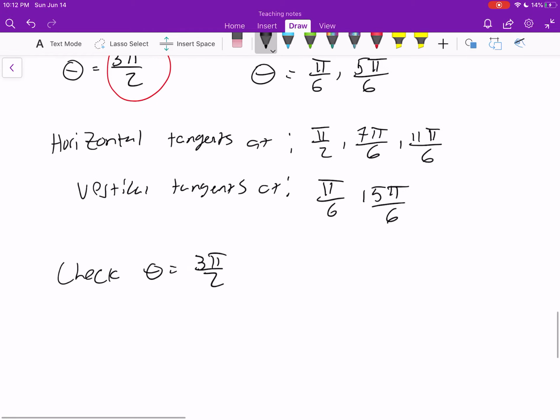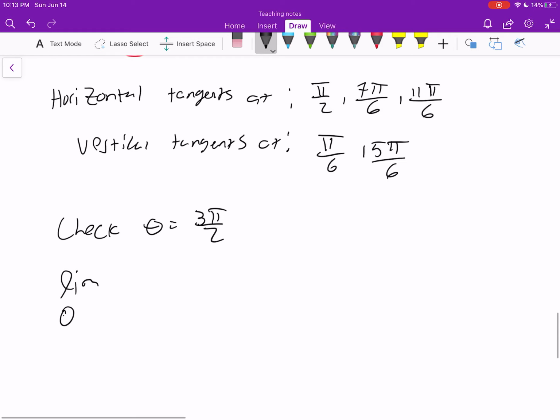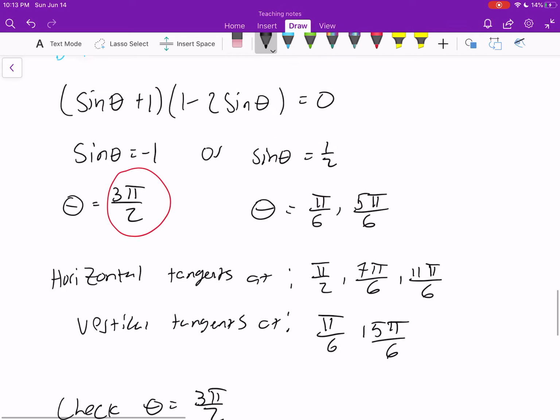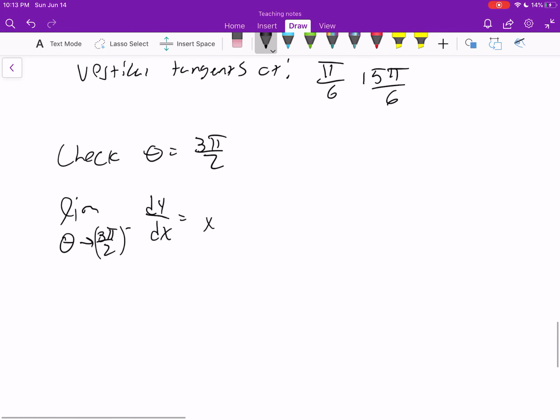Okay, so let's just go ahead and do this then. We're going to have the limit as theta approaches 3 pi over 2 from the left of dy dx. This is going to be equal to the limit as